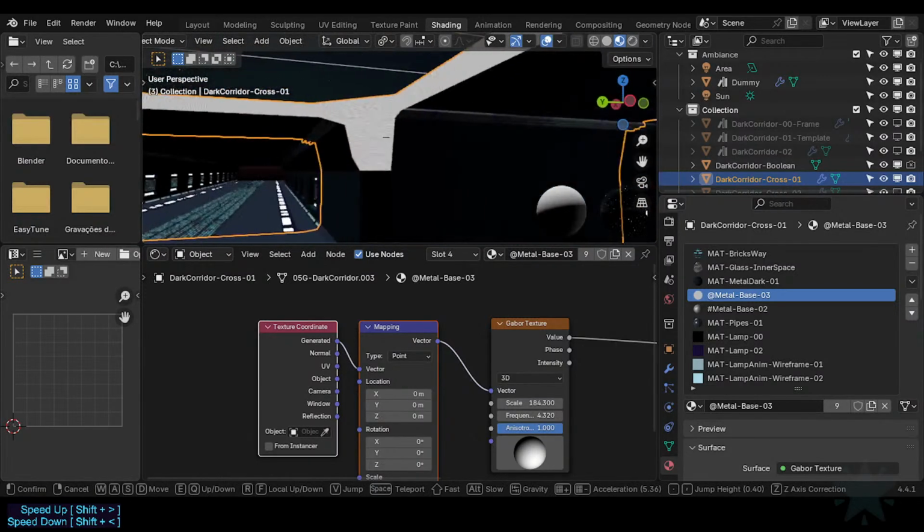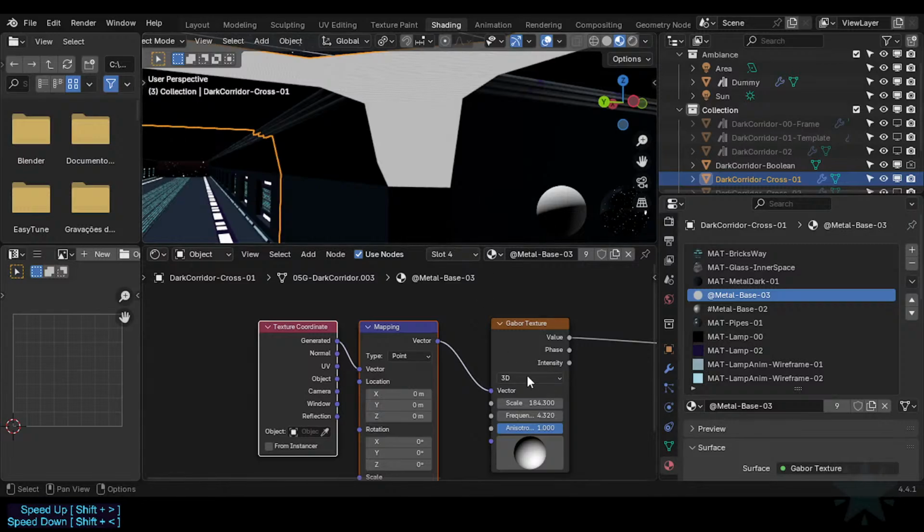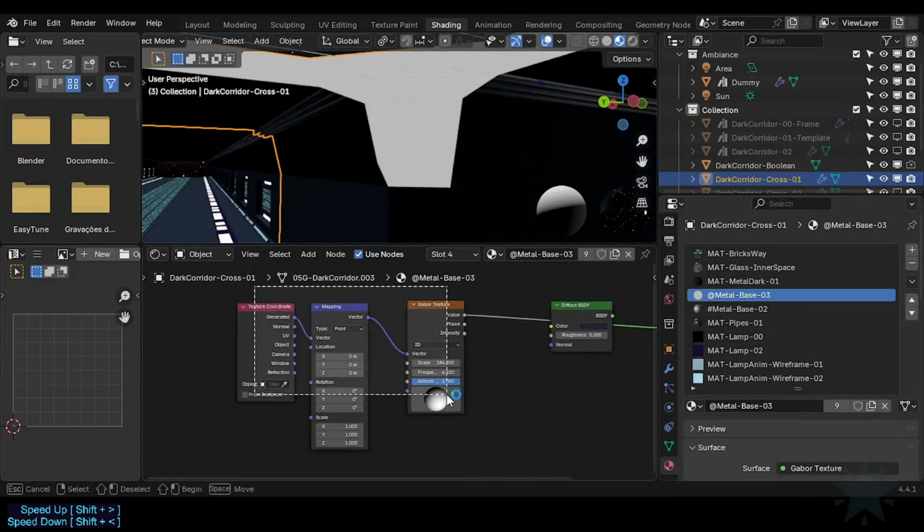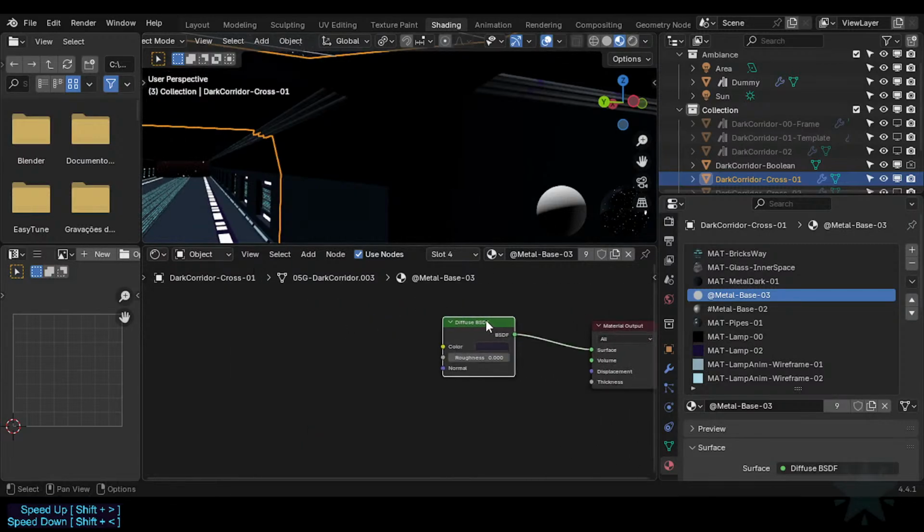This will create a lot of strange stuff. Yeah, no, not good here. Let's try the